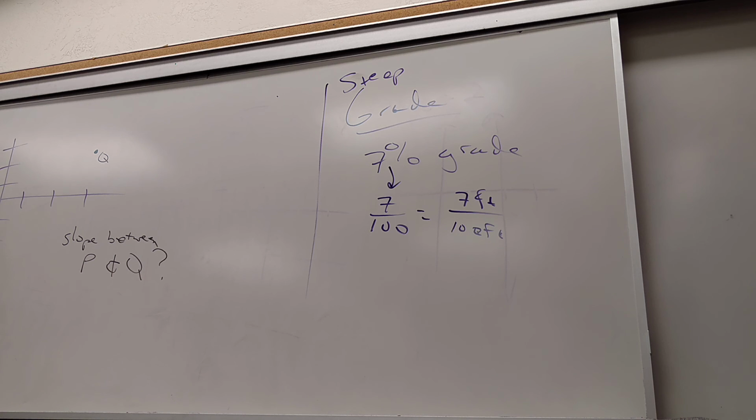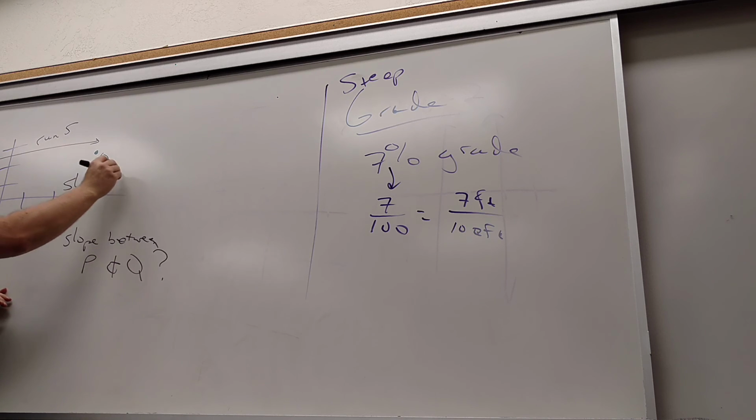So from P to Q, how much do I rise? 1, 2, 3. So now I'm directly over from it, right? So it's still exactly the same idea. I rise 3, and how much do I run? 1, 2, 3, 4, 5. Every step you got to count, right? So what's the slope? 3 over 5. Kick ass. And it's positive because it's going up as I read, right? So this slope, and we use the letter